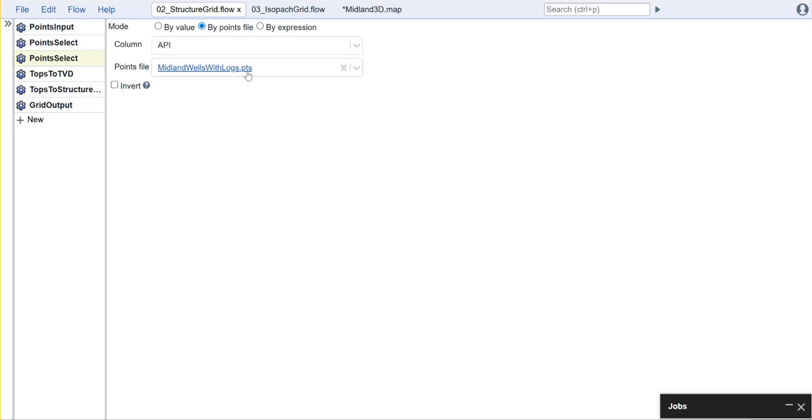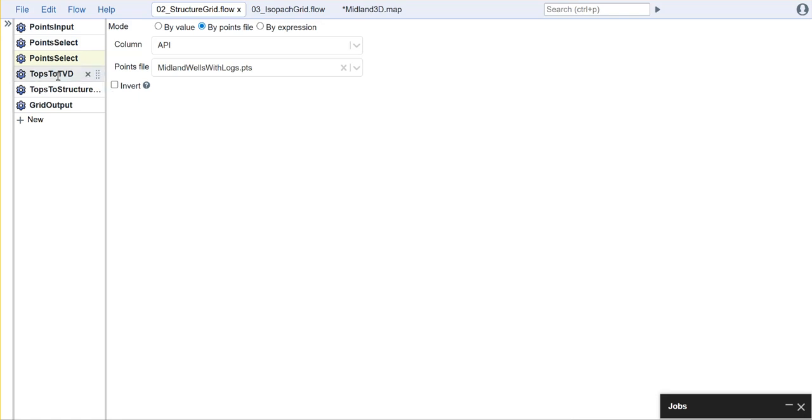I'm also filtering this down to wells with logs here using another point select. So I'm selecting these by points file, and I've already made this file of my wells with logs. I'm doing this because I imported a bunch of tops, and some of them I haven't been able to thoroughly QC because I don't have the logs on those,